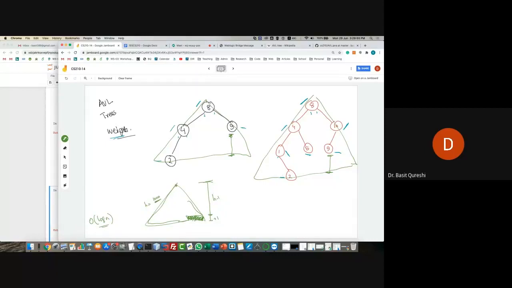So if it is a complete tree or an almost complete tree like this one, where the maximum difference between the heights of the longest branch on the left and the right side is 1, this is acceptable, and this is still going to give you log of n. How? Okay, imagine,